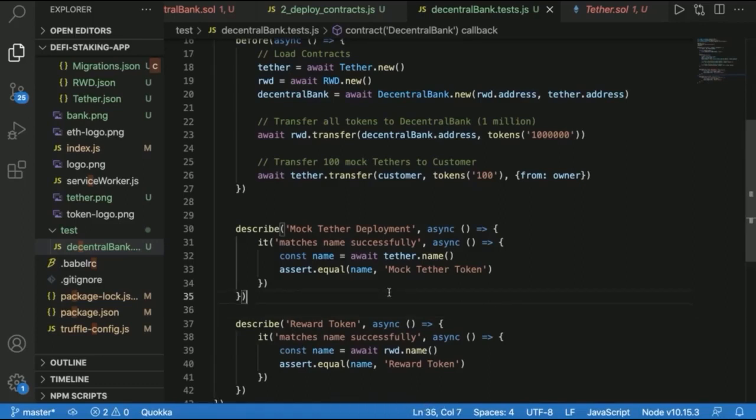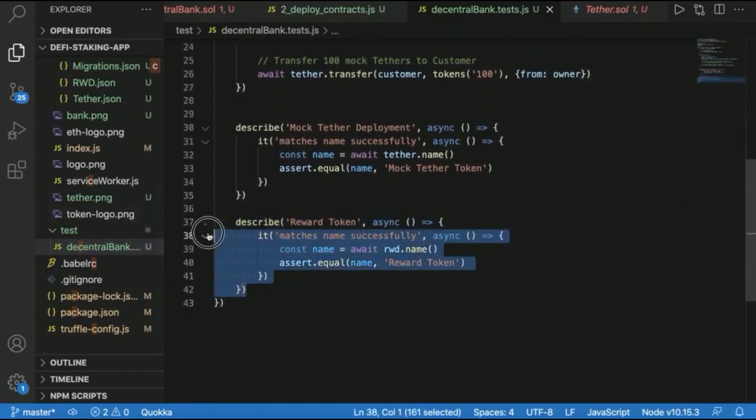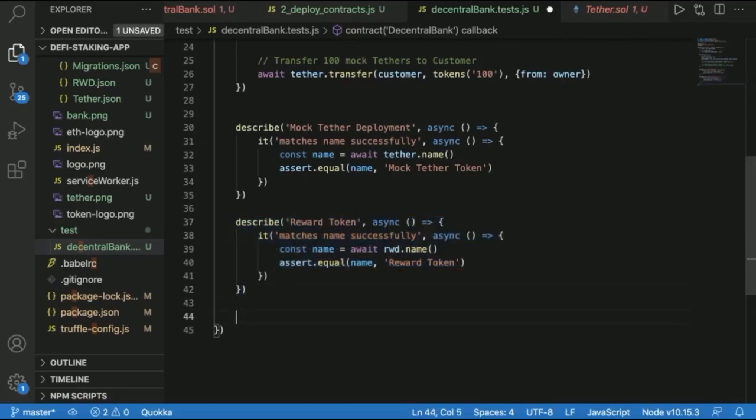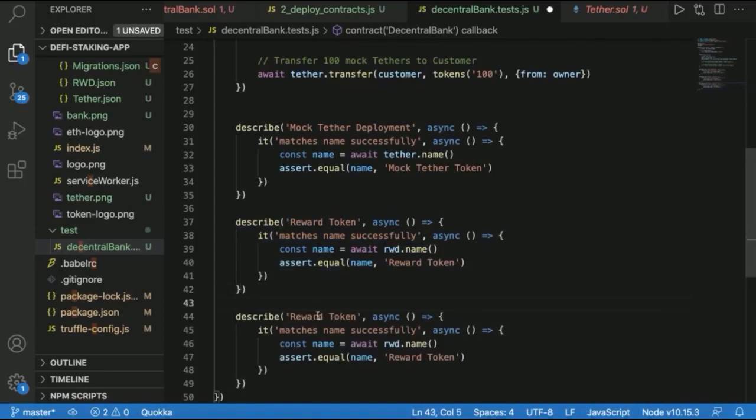We should have 1 million reward tokens, because remember, when the customer is going to be depositing money, they're going to be staking that money into our application, and then in return, we're going to be rewarding them. So we need to have those reward tokens. So let's write those tests. The first thing we want to do is write another test here, very similar to the other two. So we can just copy and paste the describe, right? And instead of reward token, this is going to be our decentral bank